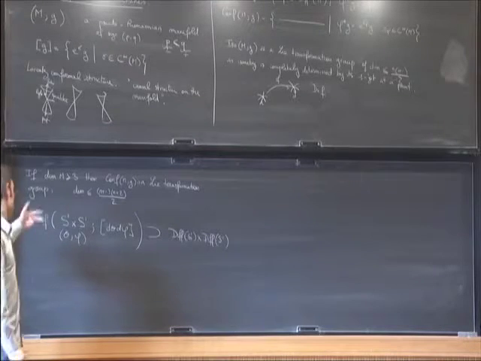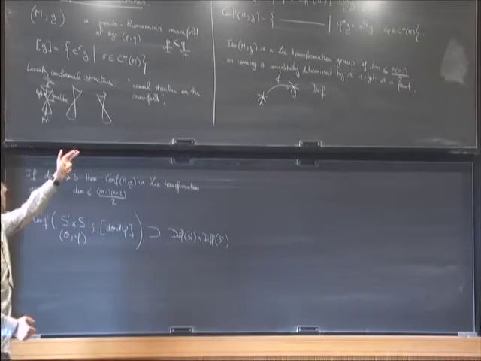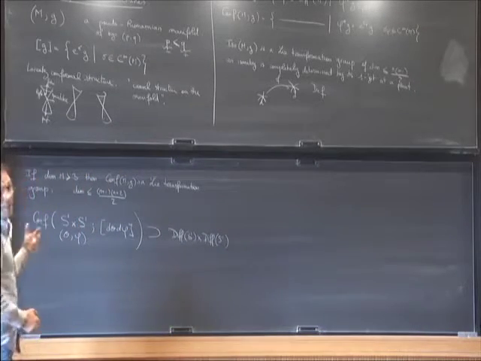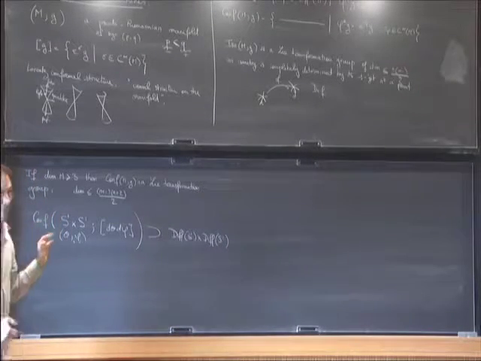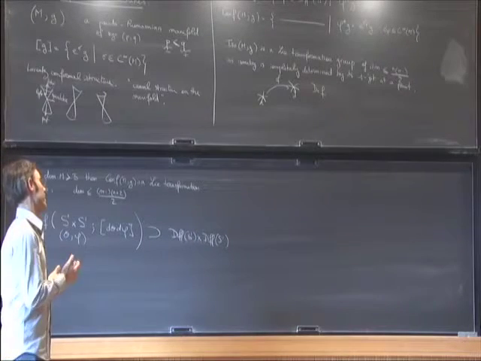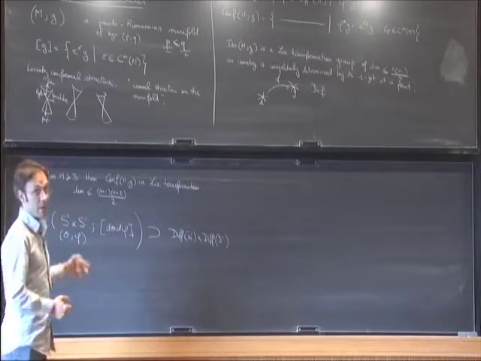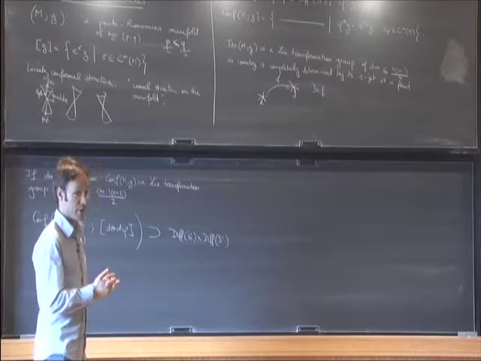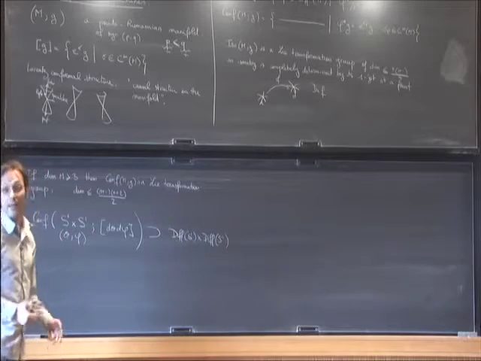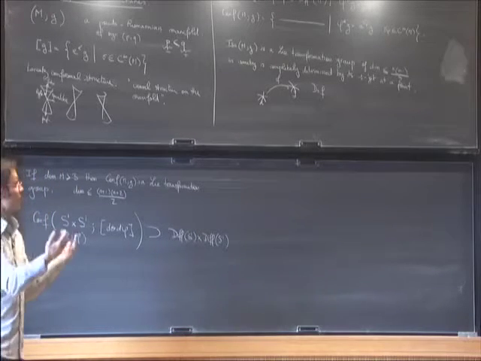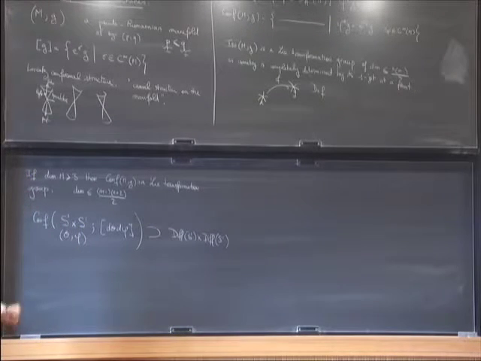The situation is more rigid when the dimension is at least 3. And actually, you have the same picture as for isometries. A conformal map is entirely determined by its 2-jet at a point. And the proof is a little bit less easy, but the idea is the same. You have, in dimension at least 3, a family of curves called conformal geodesics, which is finite dimensional, preserved by the conformal transformations. And if two conformal transformations have the same 2-jet, they act in the same way on the conformal geodesics, and so they must be the same.